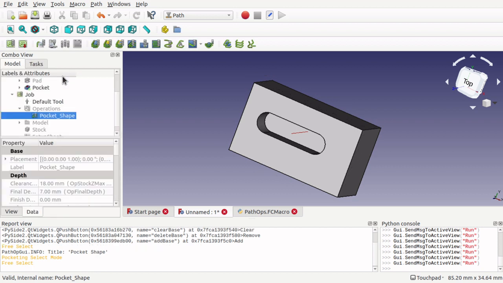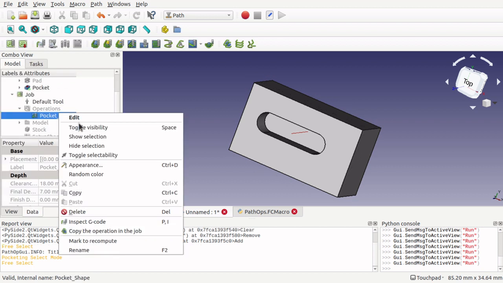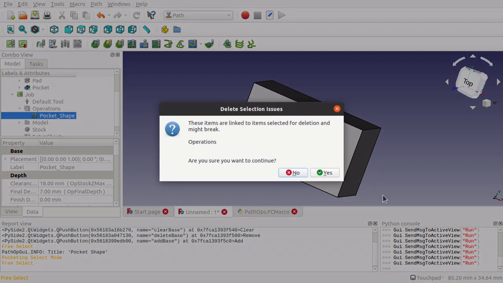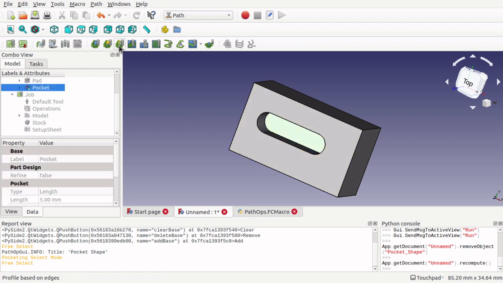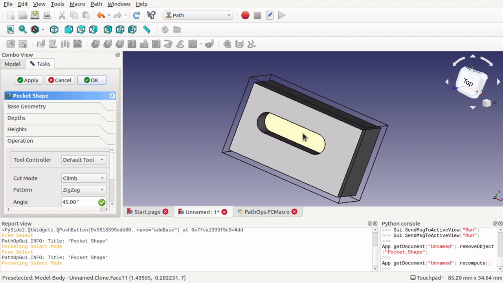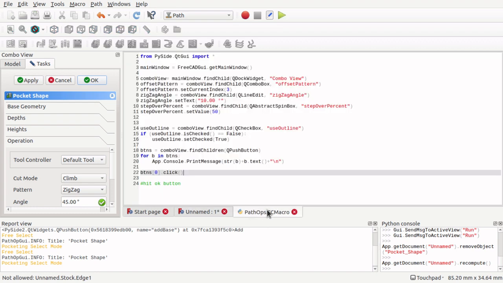So if we get rid of that operation in there now, let's just delete that out and run that again. So we've gone in here and we've got our job, we've clicked on this, and we need to add this to the macro as well. The actual clicking of the face, I've covered in a previous macro I did. We're selecting a face by depth in there, so we can use that one in there. So let's run the